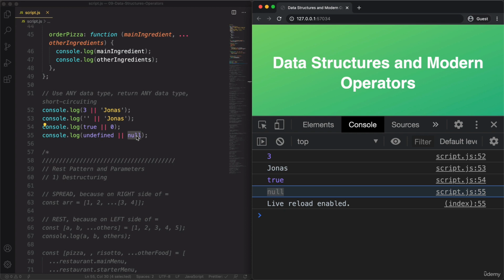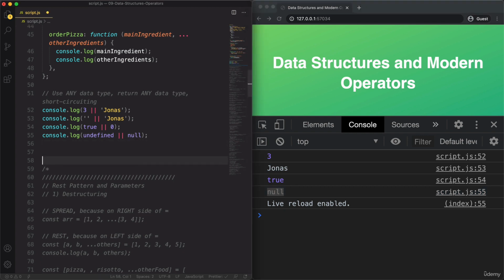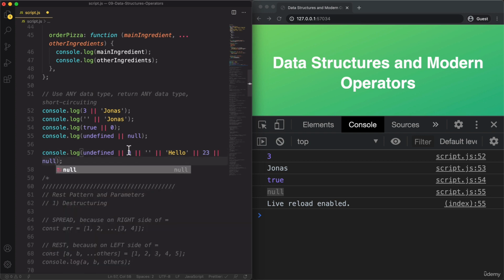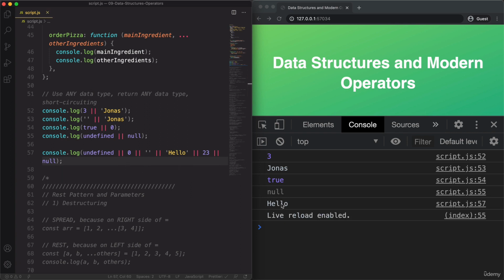And let's actually now generalize this to more operators, so I can give you basically the general rule of how this operator works, no matter with how many values. So let's say undefined or 0, or empty string, or hello, or 23, or null. So what do you think that the result of this one will be? And it is hello. And that's essentially because hello here is the first truthy value in this chain of OR